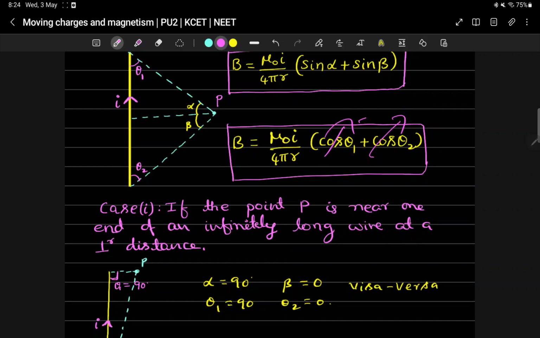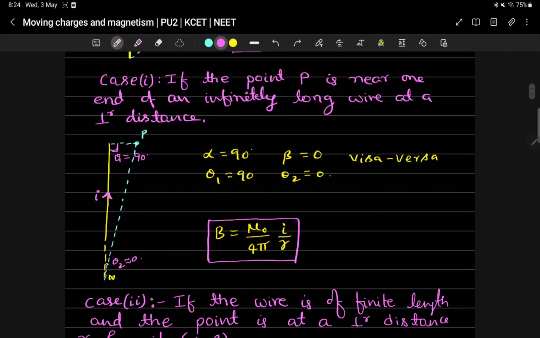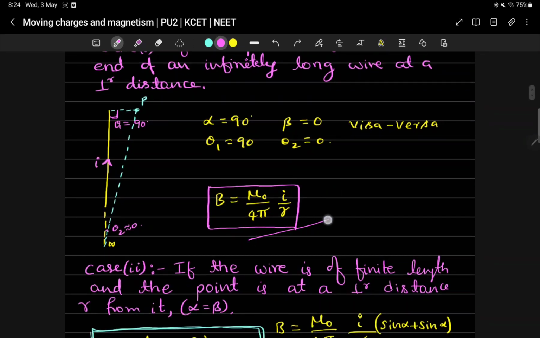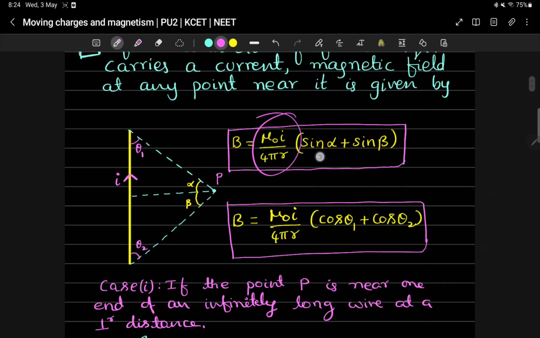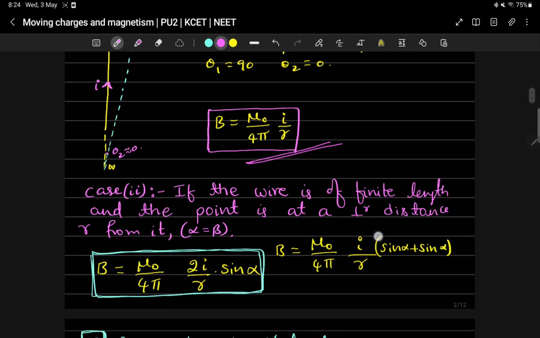So we don't write these angles at all. So what will we get? If the point P is near one end of an infinitely long wire at a perpendicular distance, then alpha is 90 degree, beta is 0, or theta 1 is 90 degree, theta 2 is 0, or vice versa. So then this will become mu naught I divided by 4 pi r. Here mu naught I divided by 4 pi r into this one, this will become 1. So we write only this part, mu naught I divided by 4 pi r. Okay, next